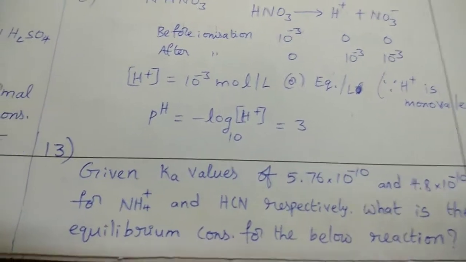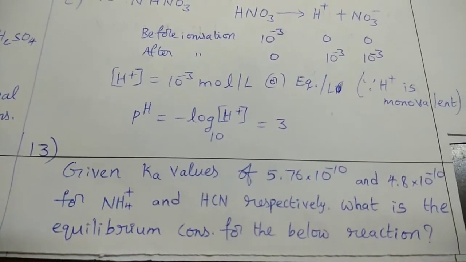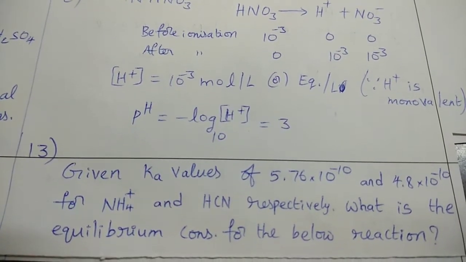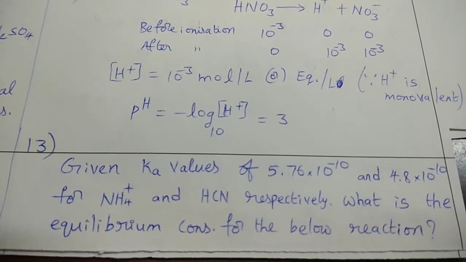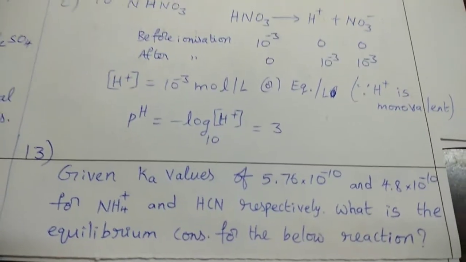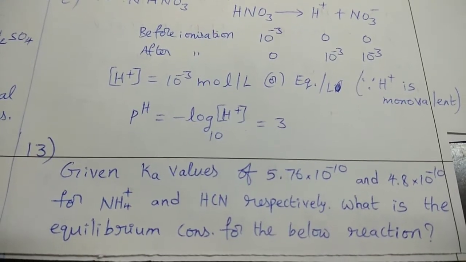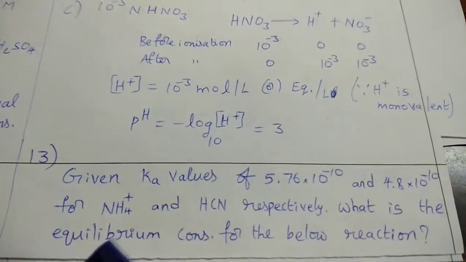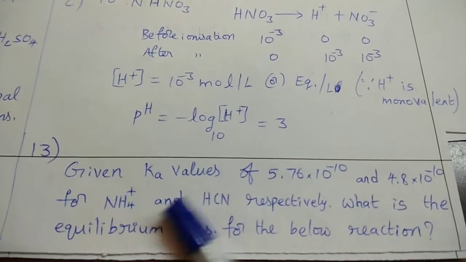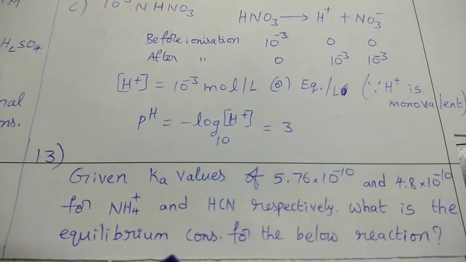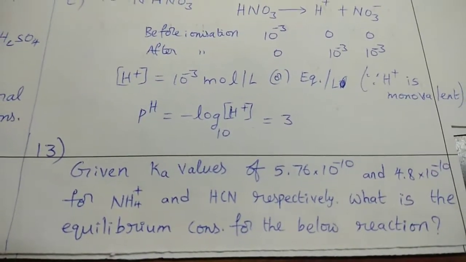See the next numerical. Given Ka values of 5.76 into 10 power minus 10 and 4.8 into 10 power minus 10 for NH4 plus and HCN respectively. What is the equilibrium constant for the below reaction? So these Ka values are related to the ammonium ion NH4 plus and HCN, which is an acid. From these Ka values we should calculate the equilibrium constant for another reaction, that is